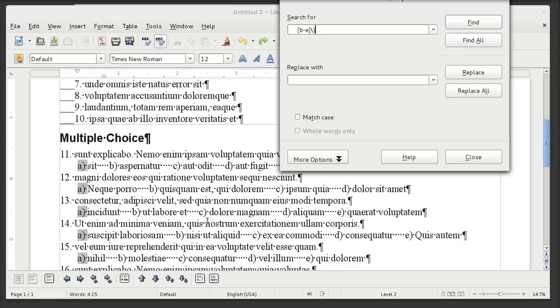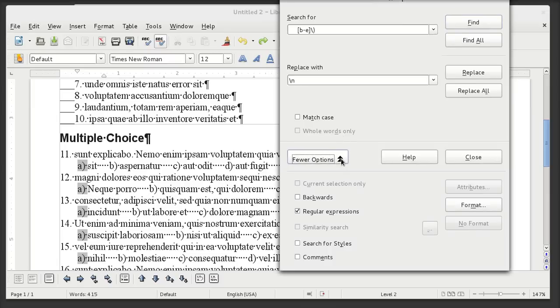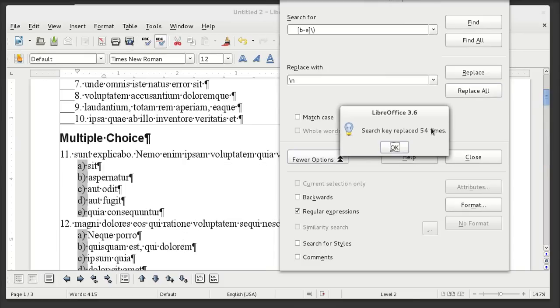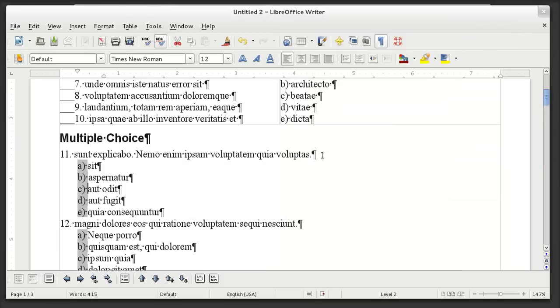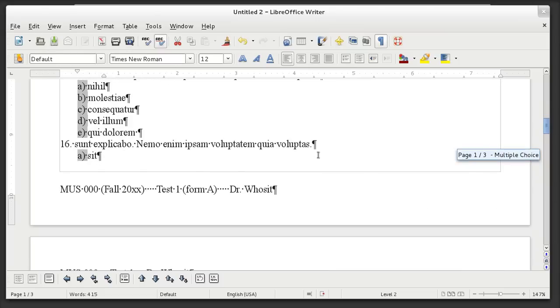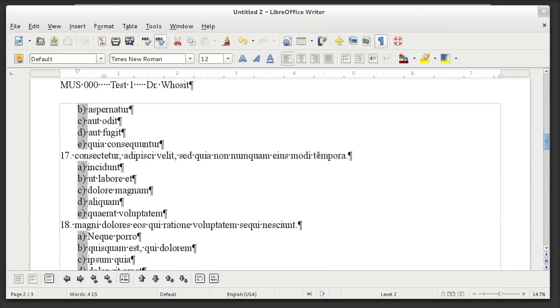I don't know what slash that is. And then one more space. And I'm going to replace that with the newline character, which essentially presses enter after it has found that. And make sure regular expressions are chosen and hit replace all. And ta-da, it's done. All of these have now been reformatted so that the answers go down the page instead